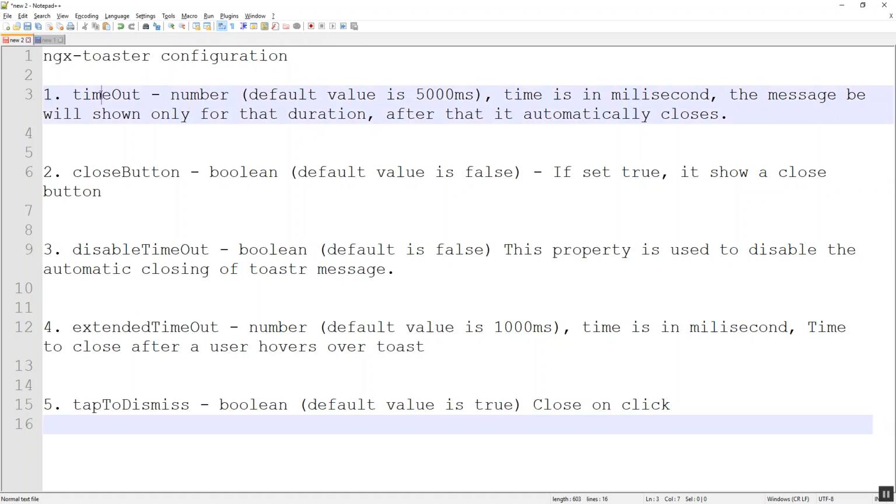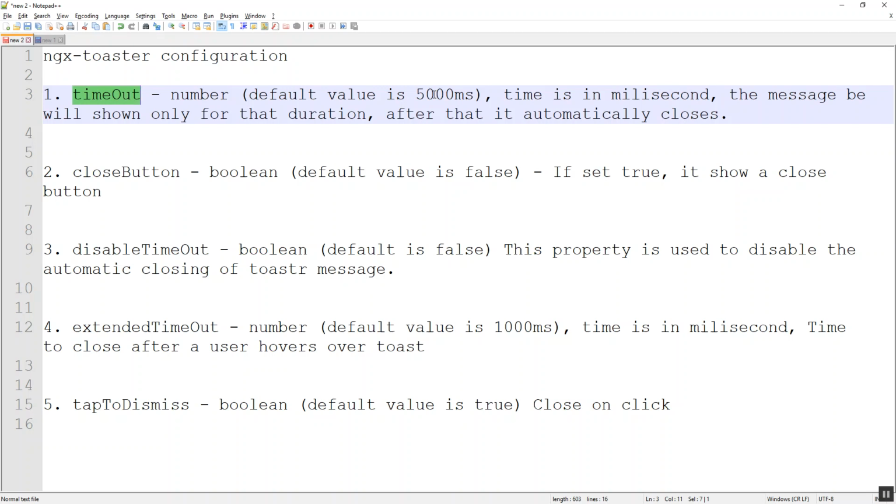So first, the timeout property. The value which we give here determines the duration of the message that we display. By default, it takes a value of 5000 milliseconds. As soon as we show the message, it will be there only for 5000 milliseconds.